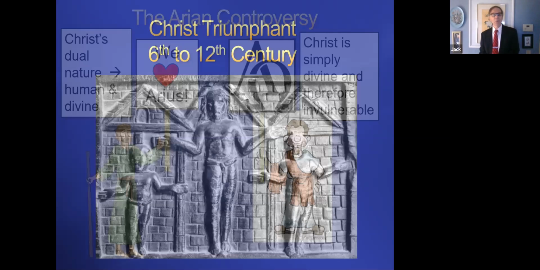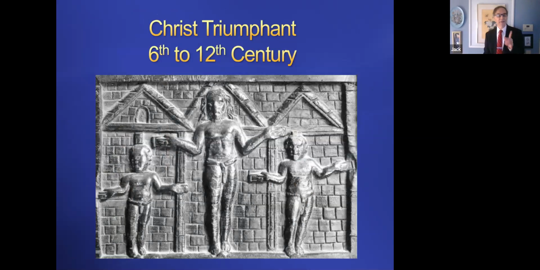And with their crucifixion scenes, and this is how crucifixion scenes were for the first 600 years that they made them, from about 600 to the 12th century, the crucifixion scenes look like this. It was called Christ triumphant. Christ is shown with his head up and his eyes wide open, with this idea that he is of one divine nature. He's not suffering on the cross. He's invulnerable. He cannot be harmed.